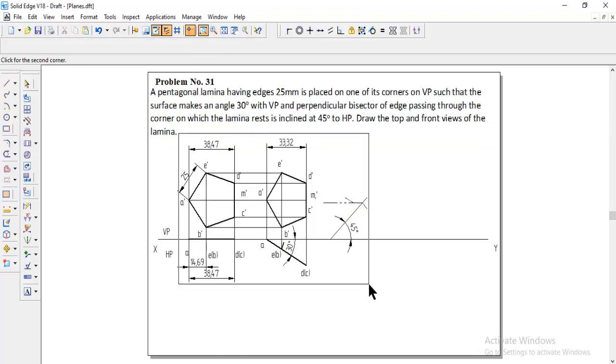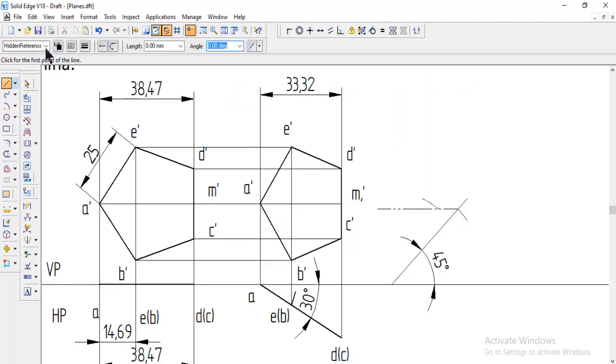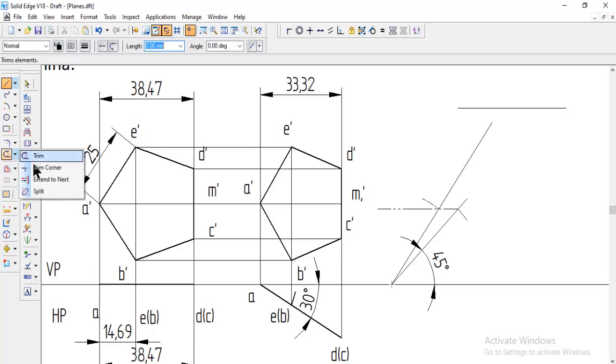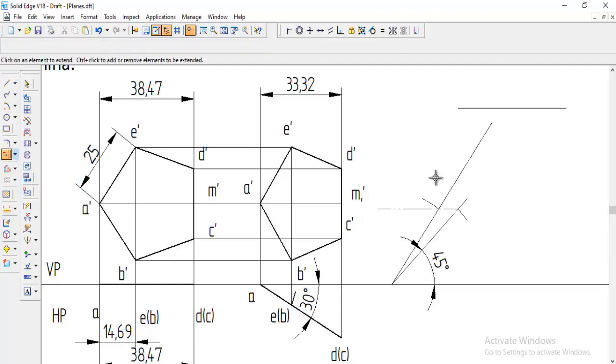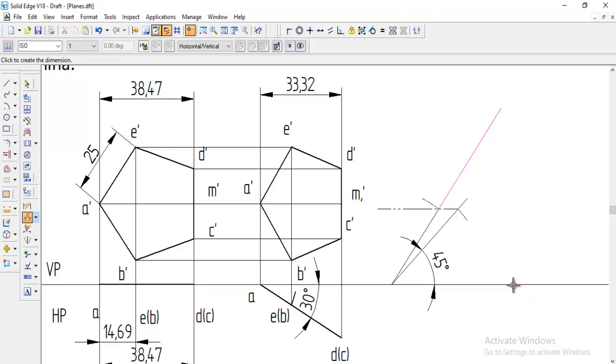After finishing it, so we need to draw the line, normal line, passing from the center, passing through the intersection point. We need to draw it. When you are drawing, it will show the parallel indication. You can draw the line, extend the line like this, or else if you just draw an horizontal line here, you can go to the extend, next option is here, extend to next. You can select this line and you can draw the line up to that extension. After that you can delete this line, and now check the angle of this, and this is the alpha angle, 55 degree we got it.